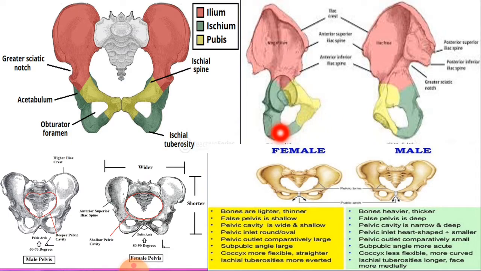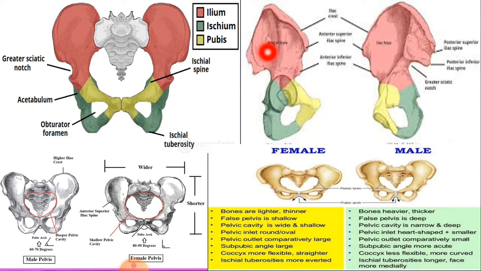So this is a hip bone, and you can see three bones that are fused and they are forming the hip bone. This part of the innominate bone is called the ilium, and this bone that is forming the inferior and posterior part is called the ischium, and this bone that is lying anteriorly is called the pubis.